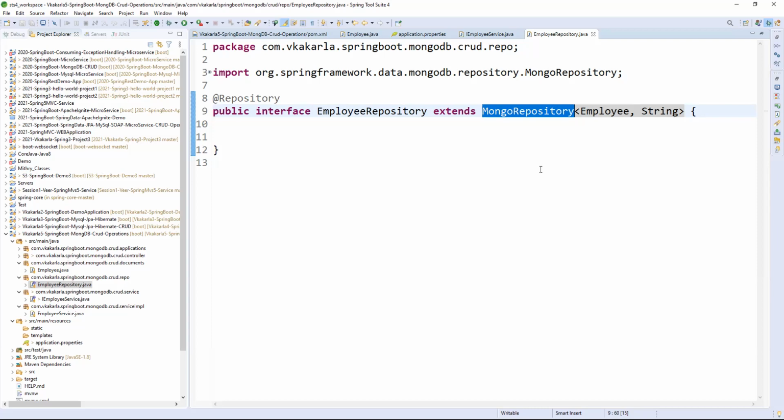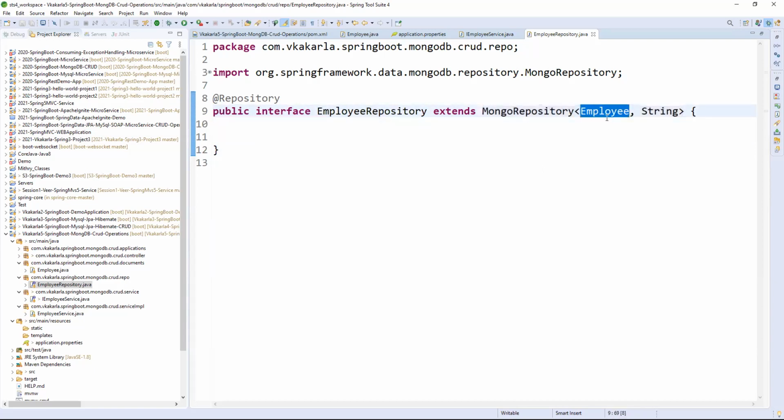It is predefined. So we have a JPA repository for all SQL databases. But coming to NoSQL, there is no structure. So that is the reason each database has its own repository. If it is MongoDB, we have a Mongo repository. If it is a Couch database, we have a Couch repository. Like that, we have respective repositories. Now we are using a Mongo database, that is the reason I am using a Mongo repository. Apart from that, these are the same things.